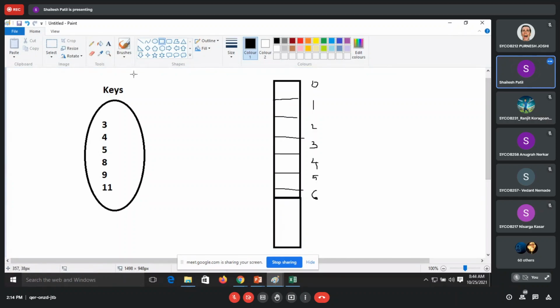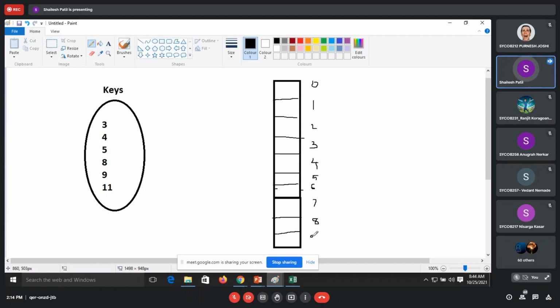Just quickly increase this. This is 5, 6, 7, 8, and 9. So these are my buckets which I have.